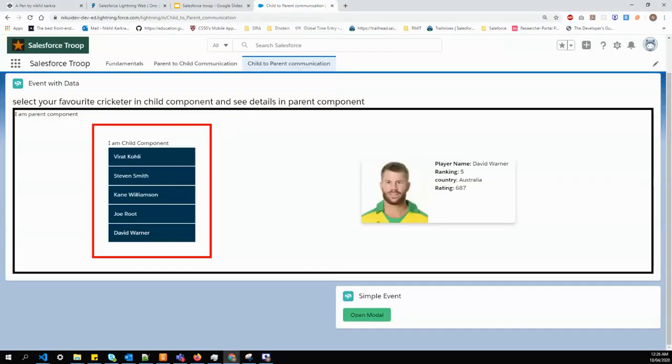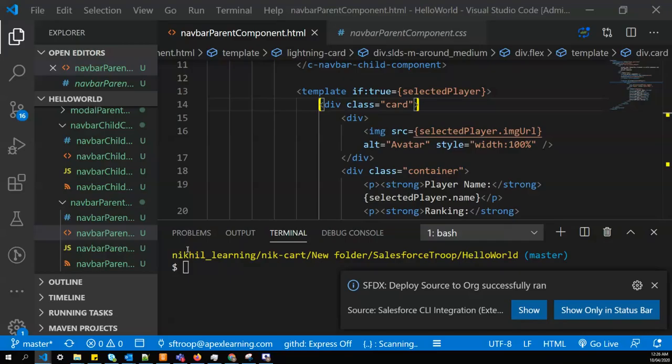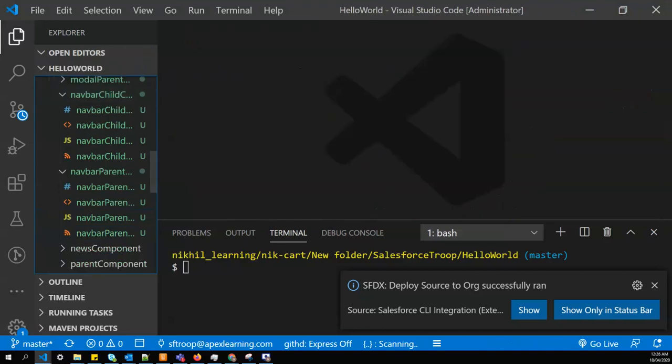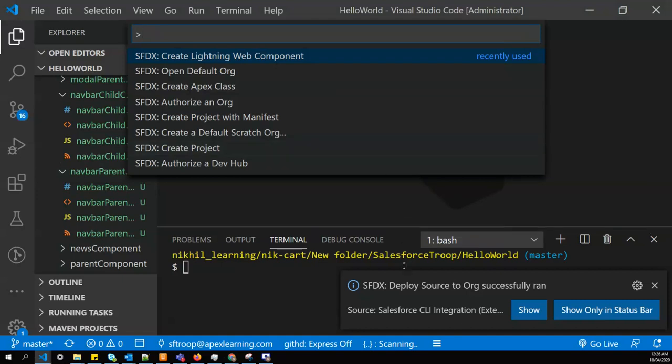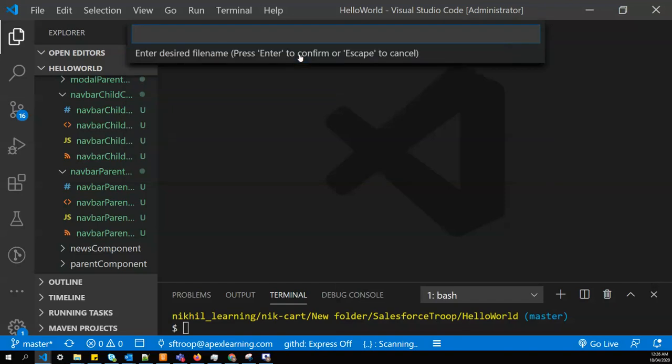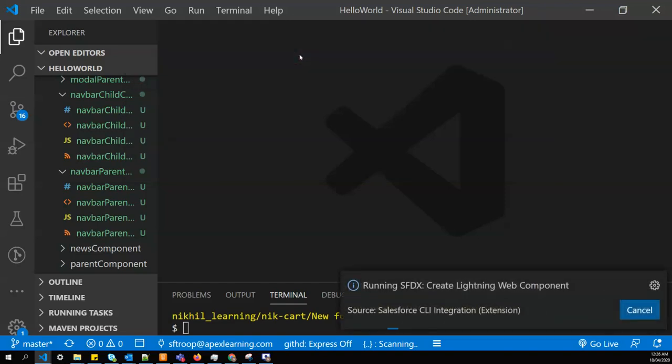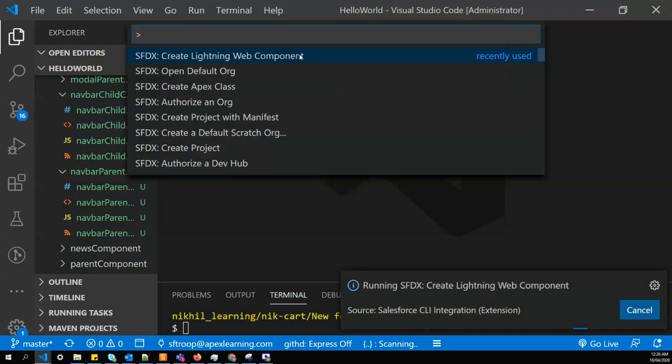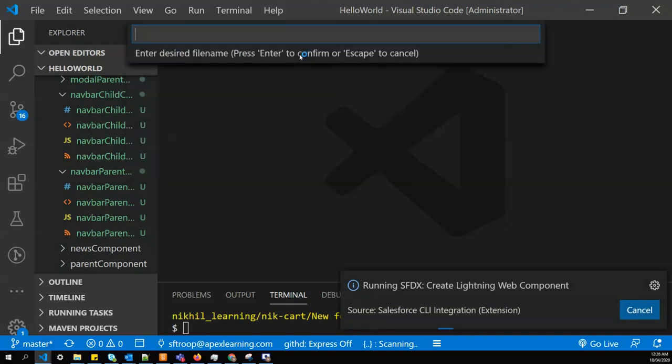Let's go to our VS Code and let's create 2 components. Okay, so we'll create first a Lightning component, notify parent component, and the other one I'll take, child component.